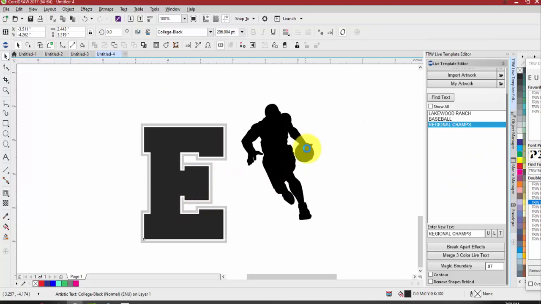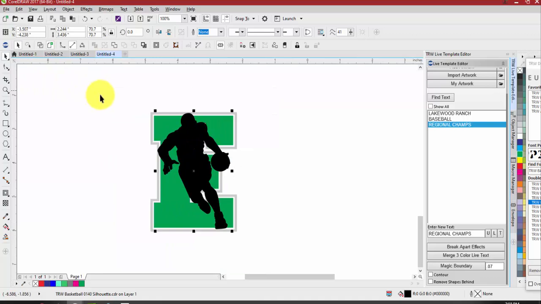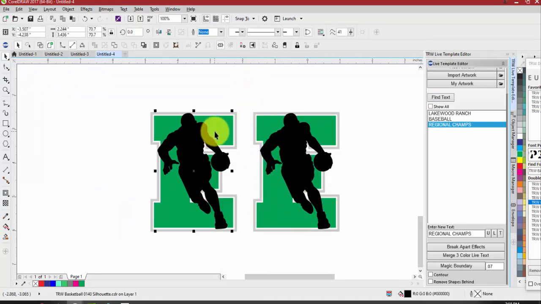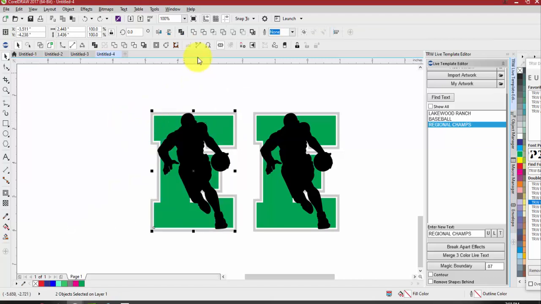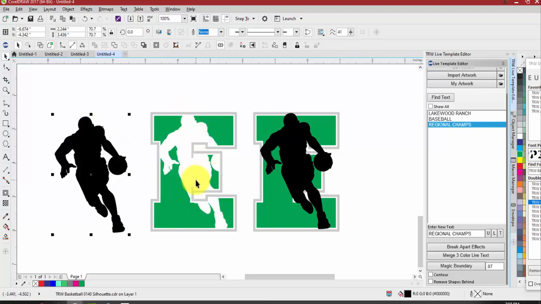So when we're working here, the difference between simplify and intersect, with this, I'm going to hold shift. Shift lets you select two objects at once. So I have the black selected, the basketball player, hold shift, select the green behind it. So I have those two objects selected. Simplify, what that does is, wherever this black was on top of the green, it would trace that out behind it. So if you wanted your t-shirt showing through that area,